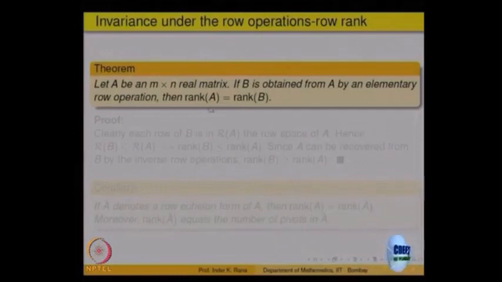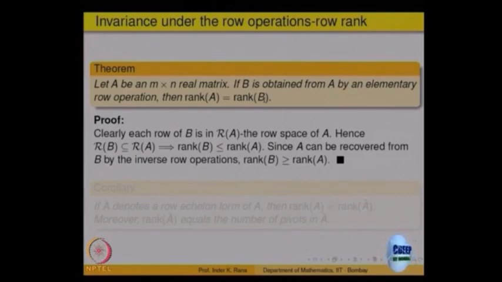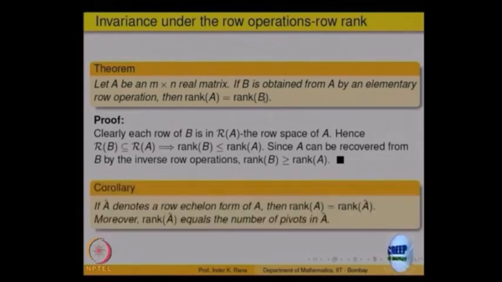In a vector space, if you take two elements and take a linear combination, that stays again in the vector space. So, the basic fact is the row operations transform the rows, but they do not change the row space of the matrix. Once the row space does not change, the dimension will not change. So, the row rank of A is the same as the row rank of B if B is obtained from A by elementary row operations. This is just written there in the proof. Okay. So, as a corollary of this,